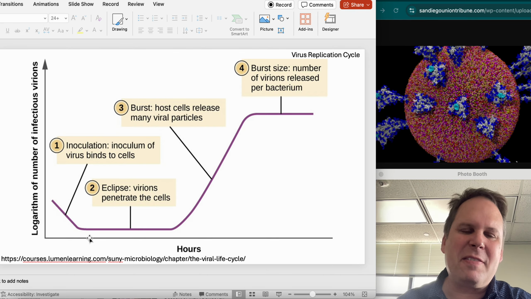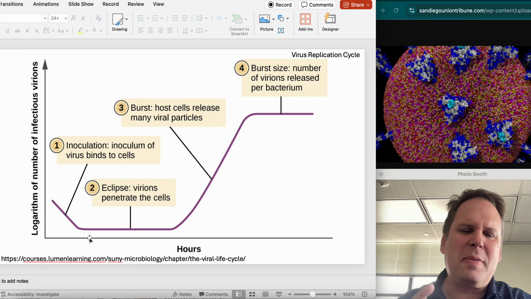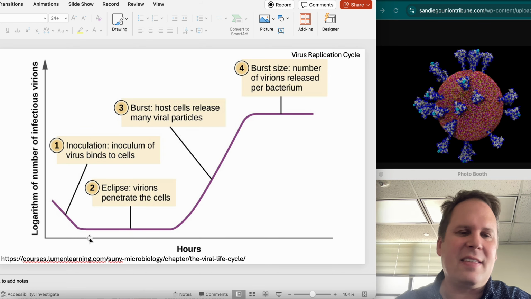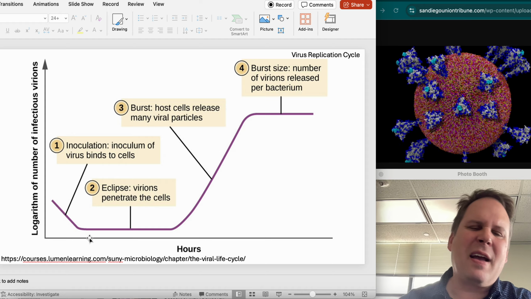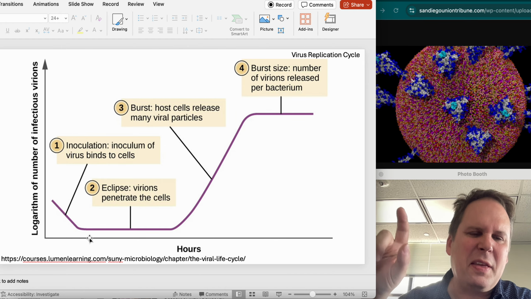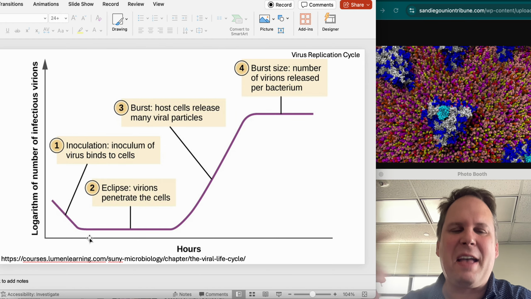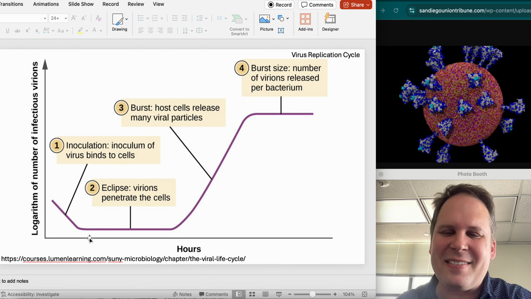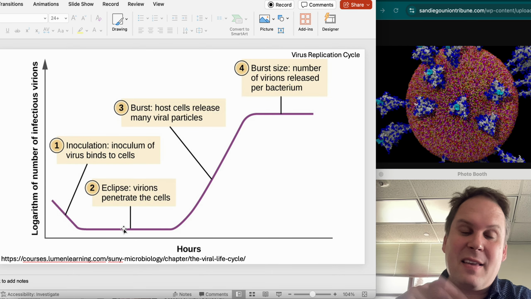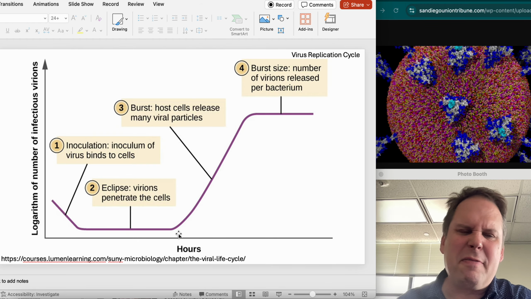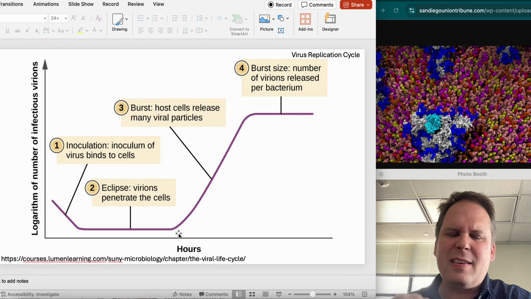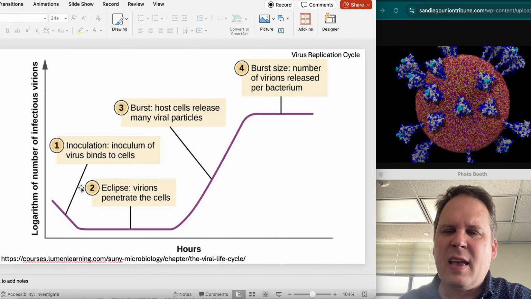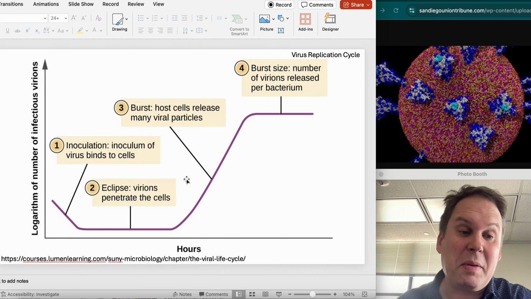Once it's copied itself, it's got to copy all the parts that make up the spiky ball, the virion, so they're going to get it back out of the cell and into the next cell. And it's got to go around switching off parts of the cell that would be annoying and cry for help or scream in terror. Viruses can't be dealing with that sort of stuff. And so all of that takes an amount of time. For most human viruses, the minimum is something like 5.5 hours to go from entering to coming back out, basically.